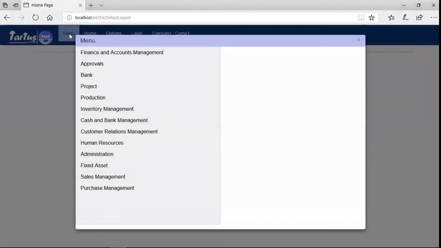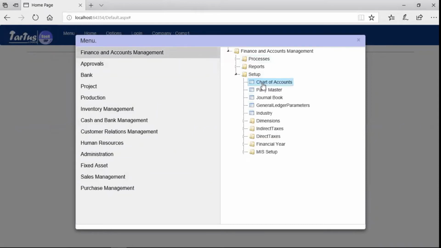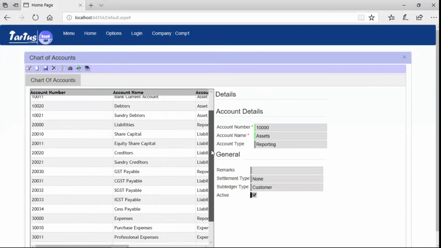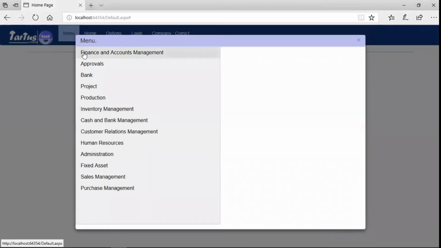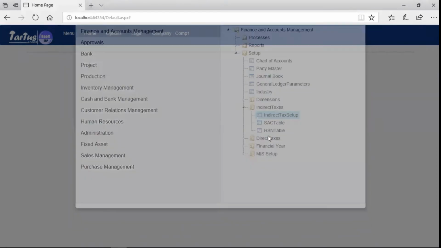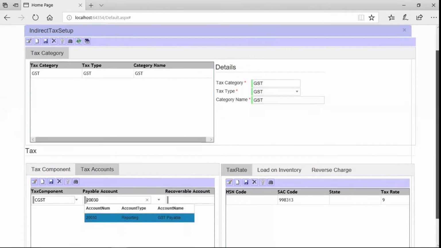To check it, I will navigate to Finance and Accounts Management, Setup, Chart of Accounts. Also, to set these accounts in GST setup, navigate to Finance and Accounts Management, Setup, Indirect Taxes, Indirect Tax Setup. Set the accounts for the tax components.